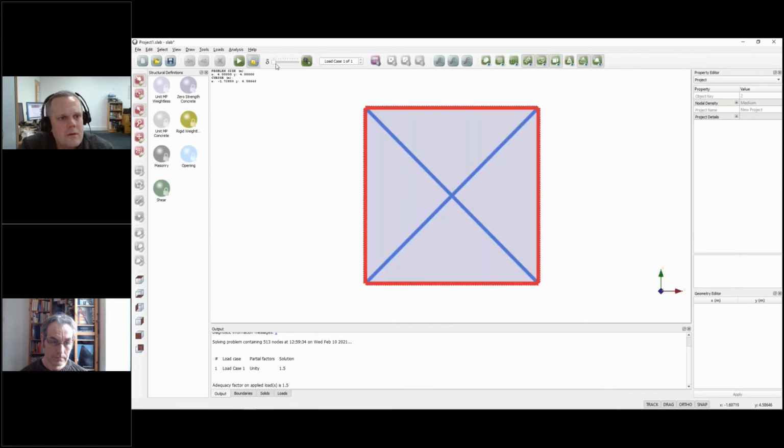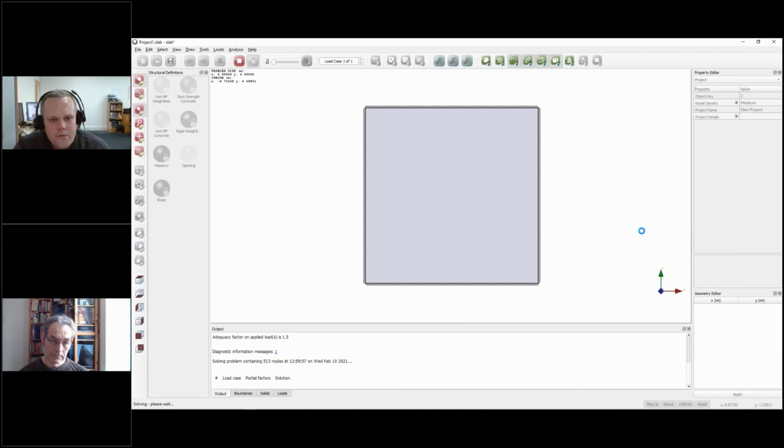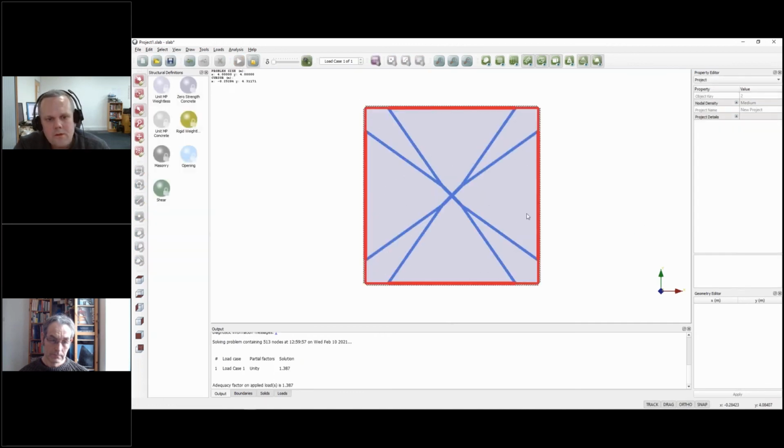But what I can do is, if I then select the boundaries, you can see in the property editor on the right hand side here, it has an option for support lift off. If I click that to true, solve again,